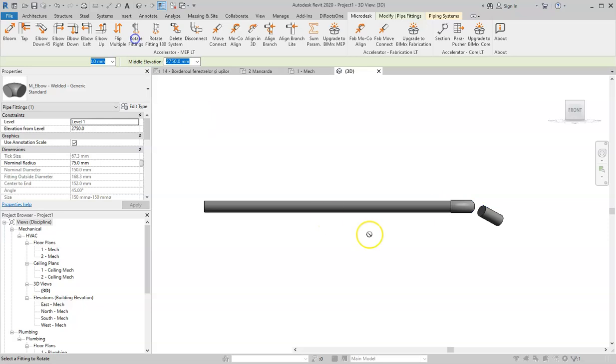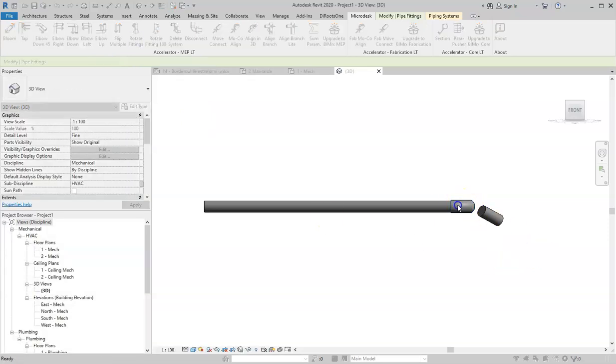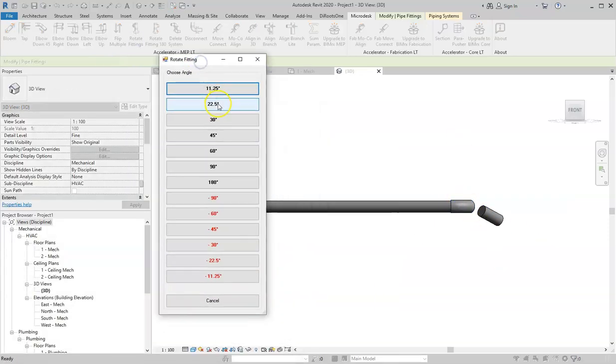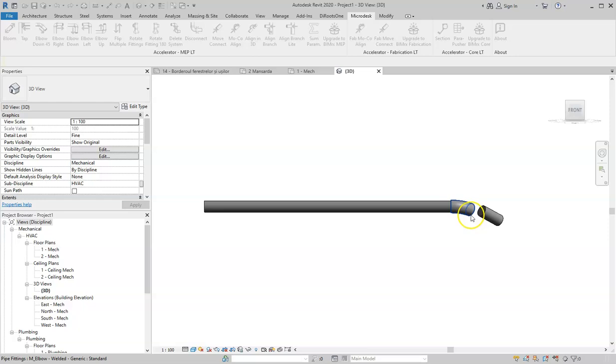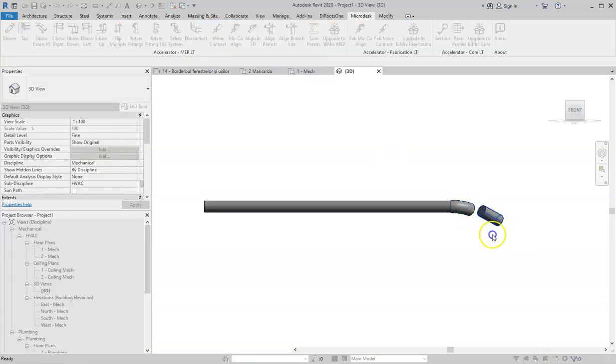Rotate fitting, click on the fitting and choose to rotate it to 22.5, and it's suitable to the pipe here. And I will click on move connect, click on the reference and click on the pipe,